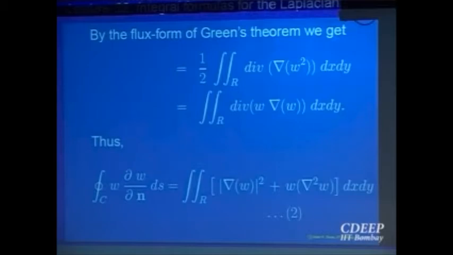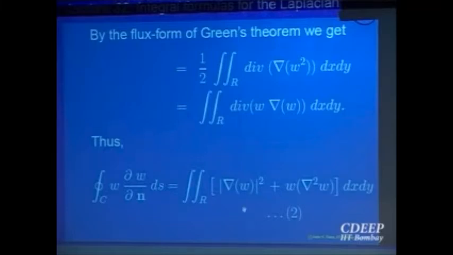So such kinds of functions arise. For example, in a heat equation, you will find a function is harmonic, and along the direction of the normal, if you measure the temperature and that is equal to 0, then the temperature inside must be 0 everywhere. So observing something on the boundary of the curve gives you a property of the function inside the domain. So these are properties of harmonic functions.